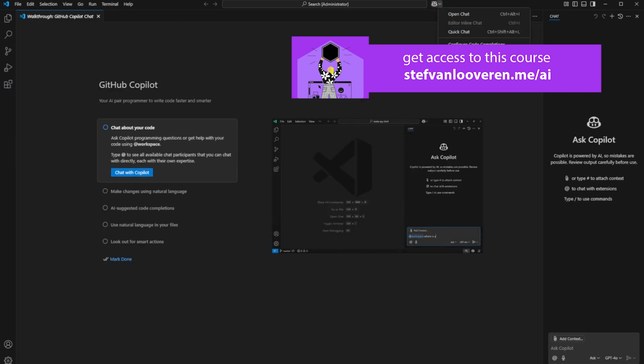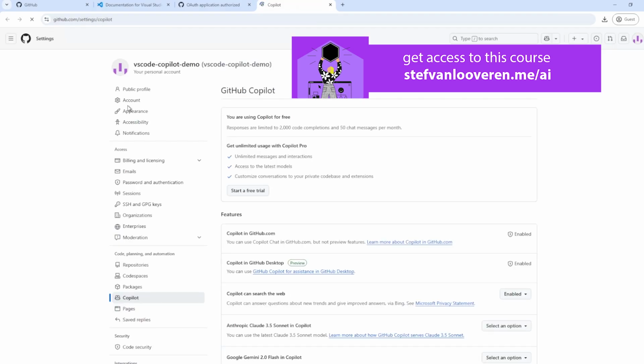As you can see here, when we click Manage Copilot, we get redirected to our GitHub page and we have successfully